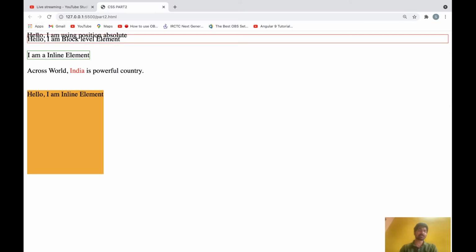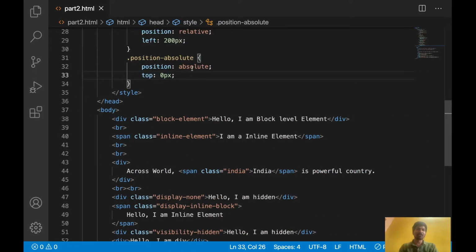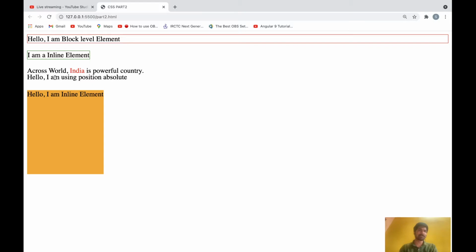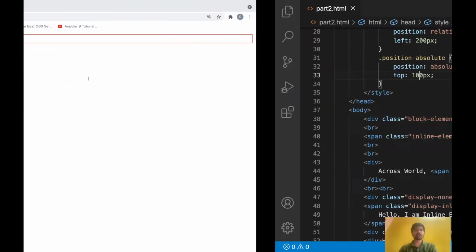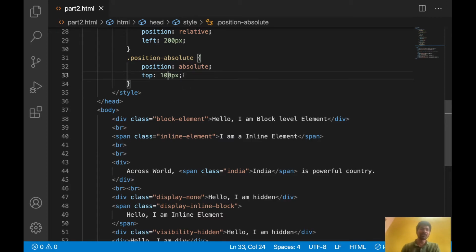It's gone to here because it will take from the top of the window. The position absolute element will take from the window by default, and we given top 0, means from top 0 it will apply. Let's say if we give top 100 means from the window top 100 onwards it will display. See here it is displaying till here. So this is our element. So like that you can move across the window using the position absolute element.